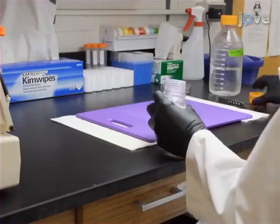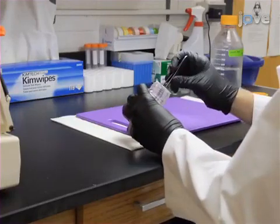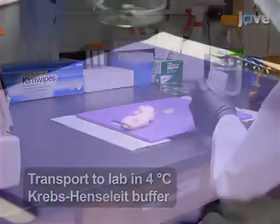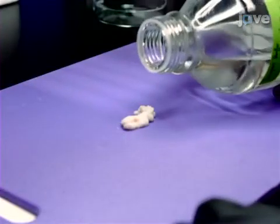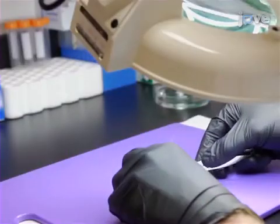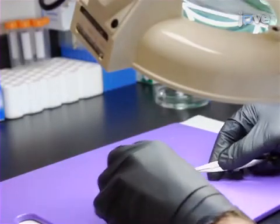After removing the blood vessels from the mesenteric tissue, use a pair of forceps to place the tissue sample on a cutting surface and partially submerge it in ice-cold Krebs-Henseleit buffer. Then, using No. 5 jeweler's forceps and nose iris